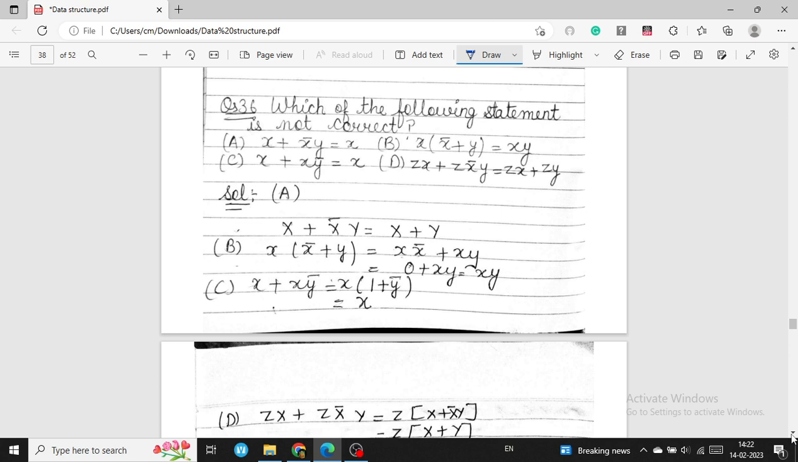For finding this, x plus not x y, we will eliminate it. x plus not x y will be converted into x plus y. x multiplied by not x is equal to 0, and x multiplied by y is xy. So it's proved, it's true. It's true, and it is also true,